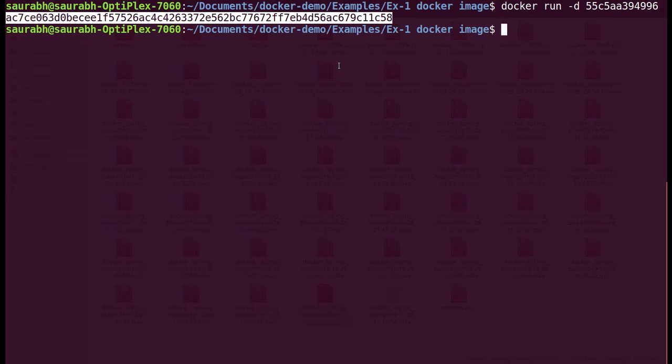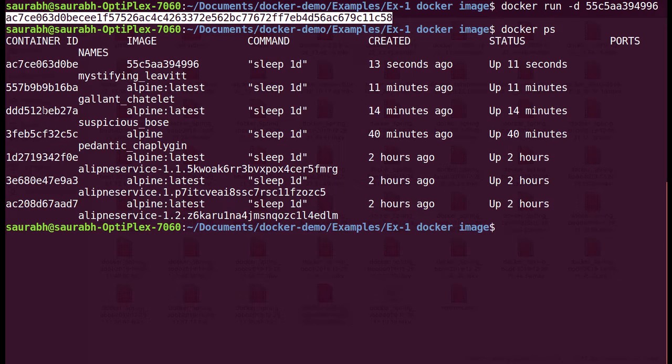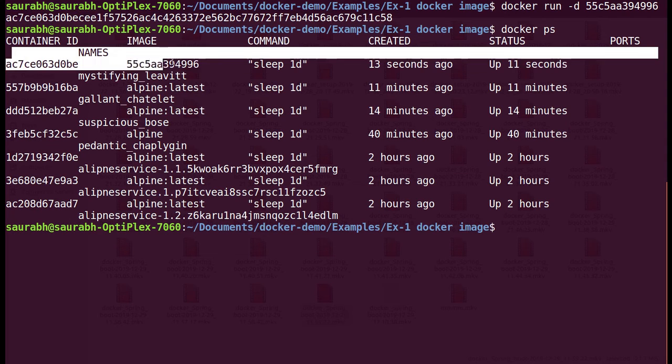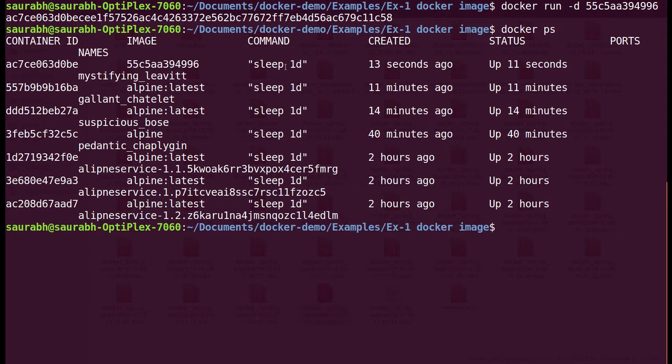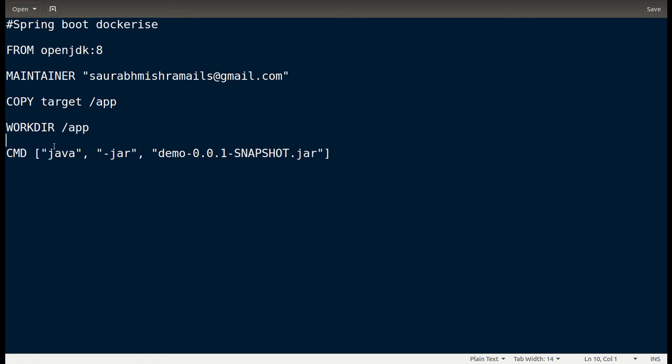We'll try to look into that container with the help of the docker ps command. You can see what are the latest containers running in your machine. So this is the latest container created with the command. What it is running is sleep for 1 day. By using that we created a custom image. So this was the very first way of creating a custom image,